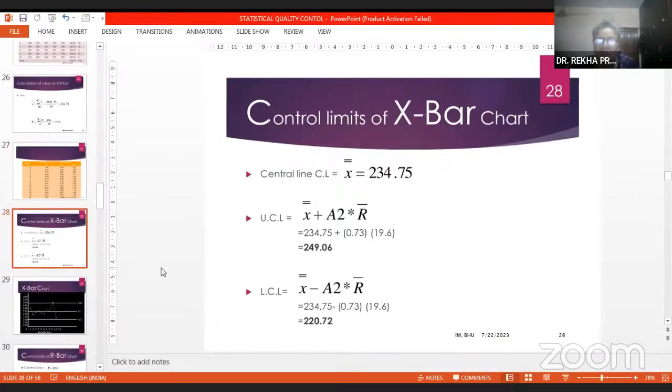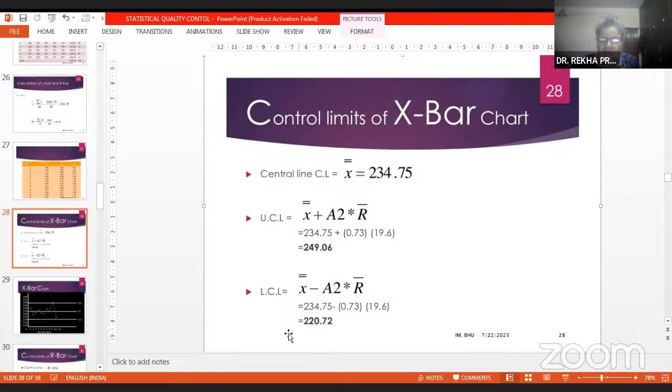X bar में दो कंट्रोल लिमिट, सेंट्रल लाइन क्या है जो हमने कैलकुलेट किया था, X double bar 234.75, और अपर और लोअर लिमिट क्या होगा, यही चीज प्लस और माइनस. यहाँ A2 इंटू R bar भी हमने कैलकुलेट कर लिया था, प्लस A2 की वैल्यू हमने कंट्रोल चार्ट से ली, और R bar तो कैलकुलेट कर ही लिया था 19.6, तो I am getting upper limit as